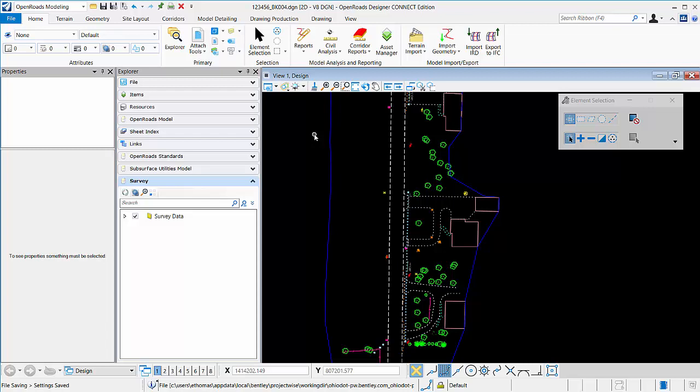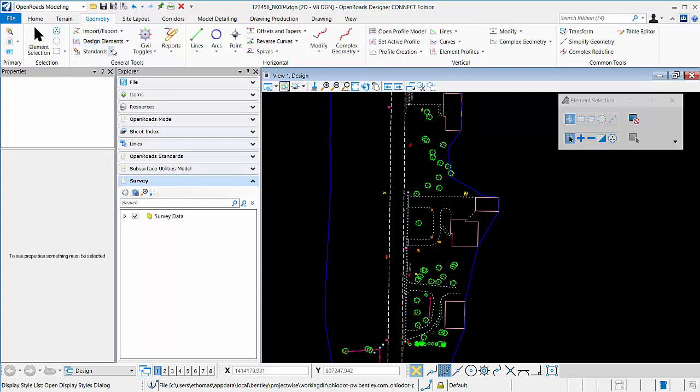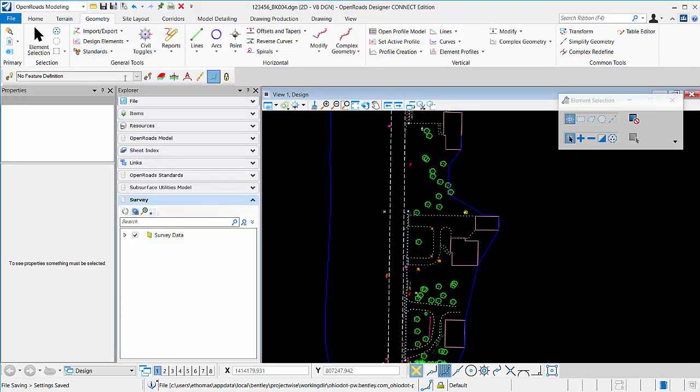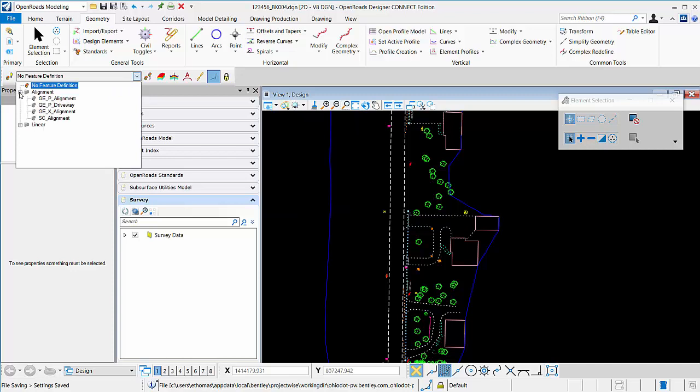So I'm just going to step through that. I'm going to start by defining the feature definition that I want to use as I enter my geometry. In the Geometry tab, one of the options under Standards is to open the feature definition toolbar. I'm going to open that and dock it at the top, and I'm going to use the feature under Alignments